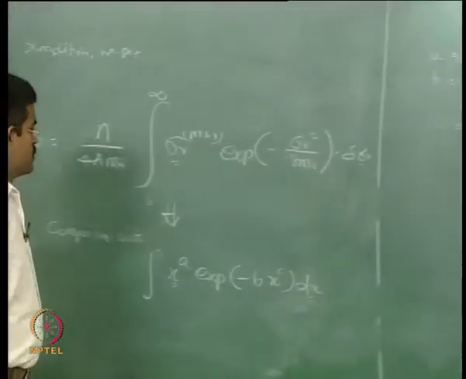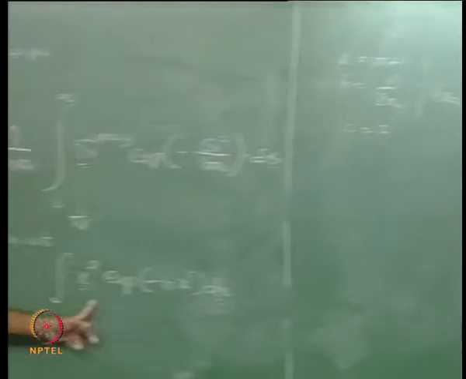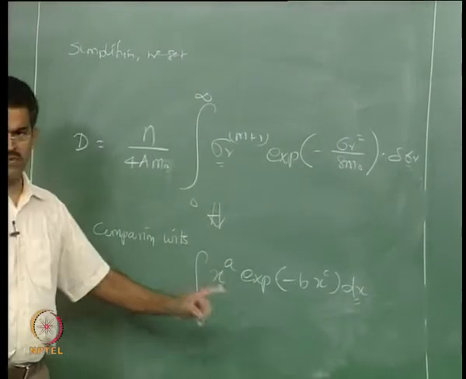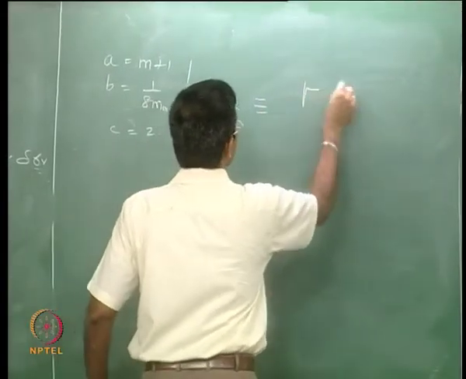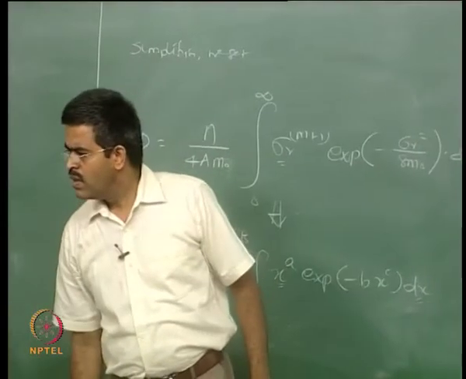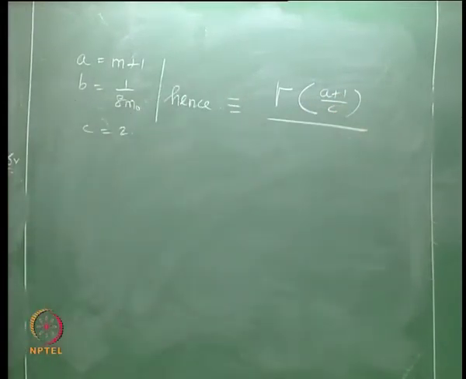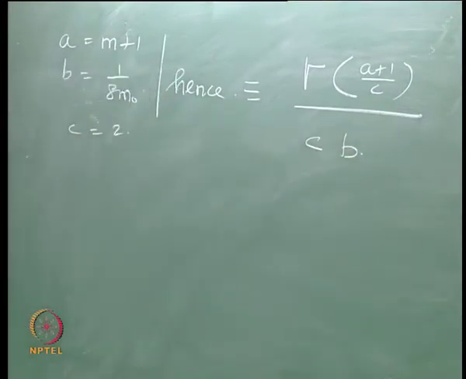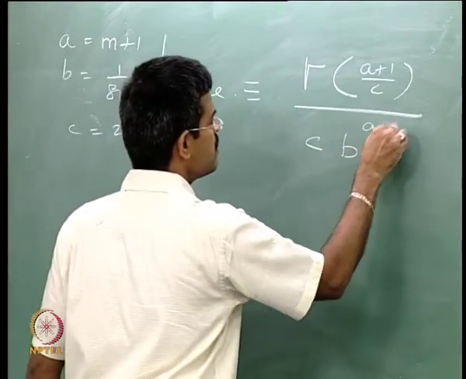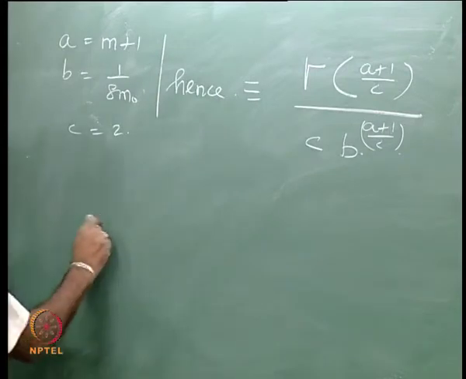Okay. So, I can now evaluate this expression. It's a standard gamma function. That gamma function was given to you, that was gamma of a plus 1 by c, divided by c b raised to the power of a plus 1 by c. Is that okay? Is that okay? So, now I can write this value as